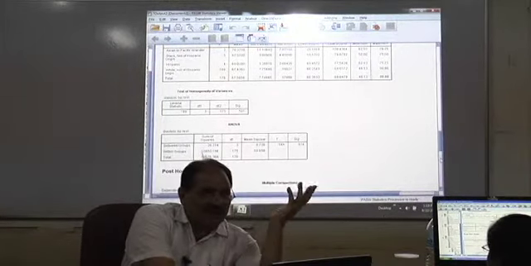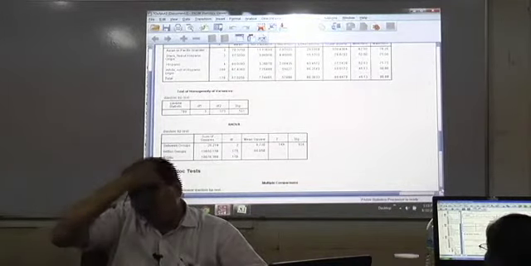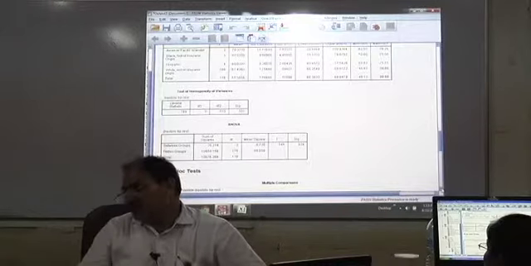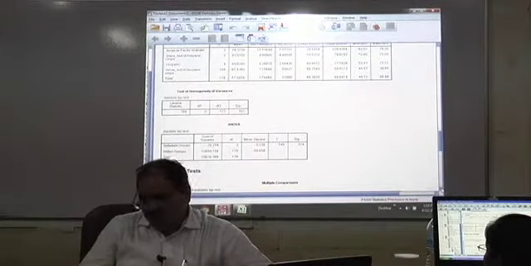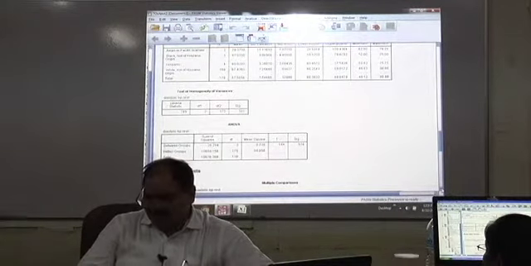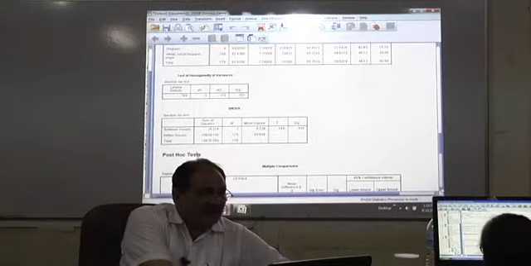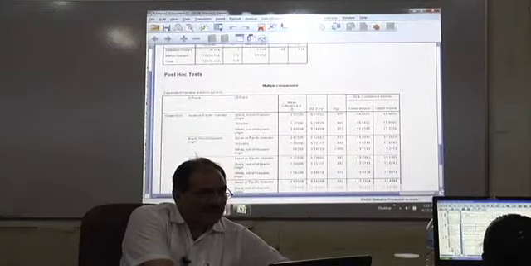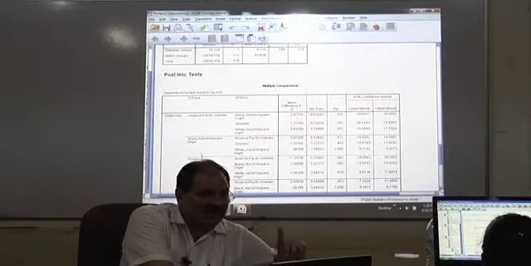Right? Now let us see. If there is no difference overall, between groups also there will be no difference. That means you do not need to actually interpret post hoc. Now, since differences have not been found, I will still tell you how to interpret so that you know how to do it. Go to the post hoc. This is the post hoc test and it will have two parts.